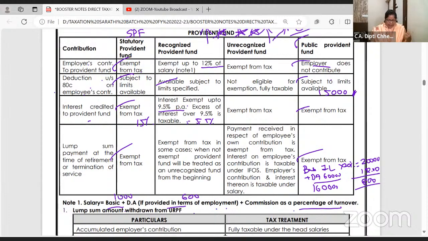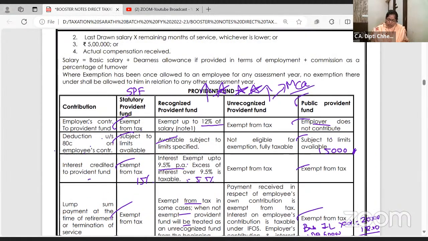9.5%. And lump sum payment is exempt in most of the cases. If you have worked for more than 5 years and you're satisfying all the conditions, or if retirement is due to death, illness, all that, then whatever payment you receive from RPF is exempt. Now comes the more crucial one,